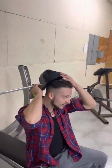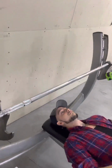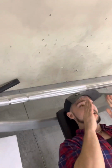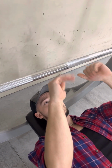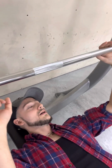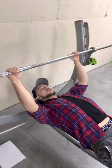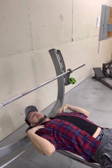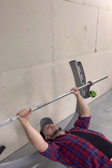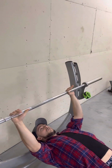Step 1, make sure your body is properly aligned with the barbell. You lay back. The barbell is dead in line with my eyes. Okay, so we're good. What is step 2? Retract the scapula. So you retract your back, good and tight on the bench. So now the load is not on my shoulders whenever I unrack, it is transferred to the bench through my upper back. All right, we unrack the bar